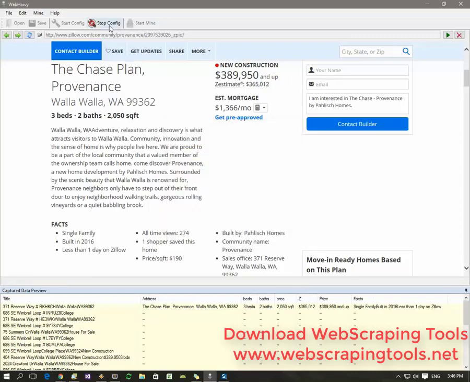Now click the stop config toolbar button to stop configuration. So now we have created a configuration. Click the start mine button to start mining data using this configuration. You can also now optionally save this configuration as a file if you want to run it later. So here we are just going to run this configuration. Click the start mine button,